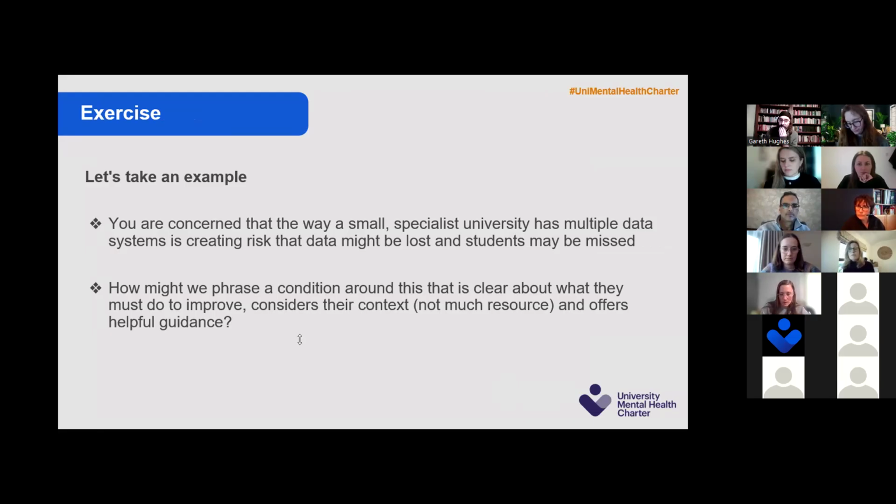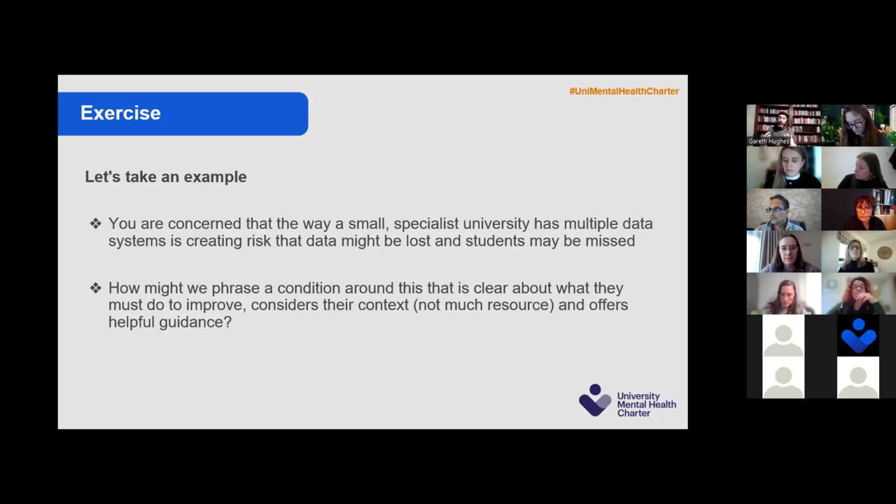Welcome back, everyone. Hopefully that was another useful exercise. The conversations have been really good so far, and all the feedback from the groups has been really great. Thank you for your participation today and your involvement in all these conversations. It's been really rich and valuable. Can I ask for your feedback: did you manage to come up with a way of phrasing this condition that made it clear what they need to do to improve, and that is done in a kind way that also offers guidance? Does either group want to share that, or would you rather feed back how your conversation went? I don't mind either way.